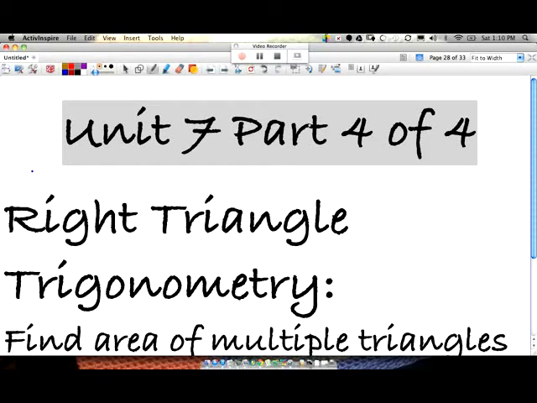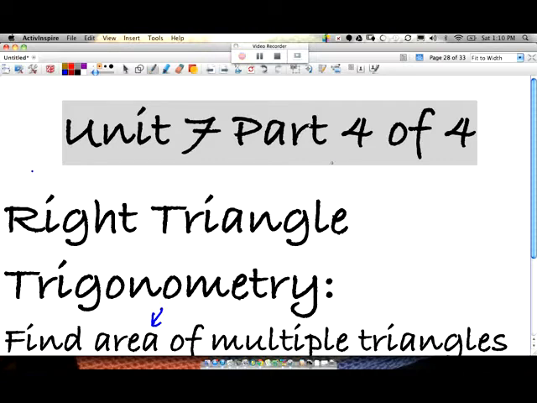Right, geometry, we are here in one of the final pieces. We're going to do part 4 of 4 for Unit 7, the final piece for Unit 7, that is. This is right triangle trigonometry. Now, before we had multiple triangles and we were solving for lengths, but now we're going to find the area